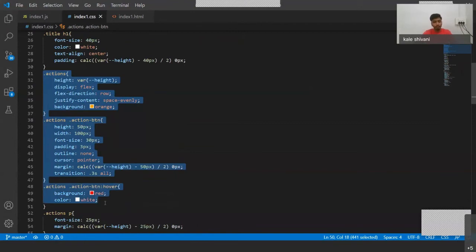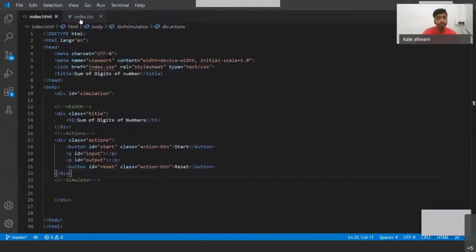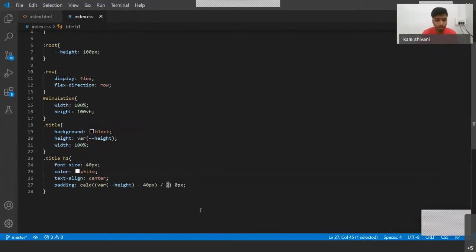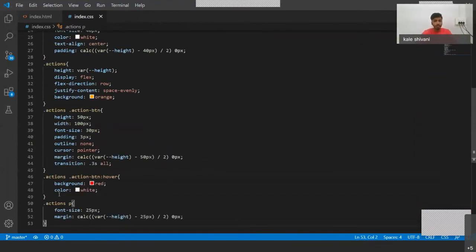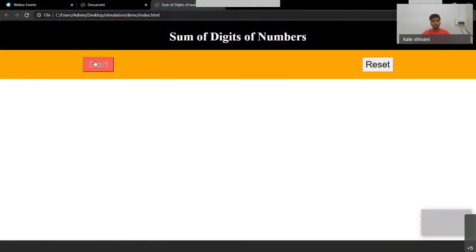Also for the paragraph text, which will be showing what happens when we enter a number, it will be for later use, not for now, when we apply JavaScript. Now you can see when I hover over this start, it hovers, and when I hover over reset, the same thing is happening.